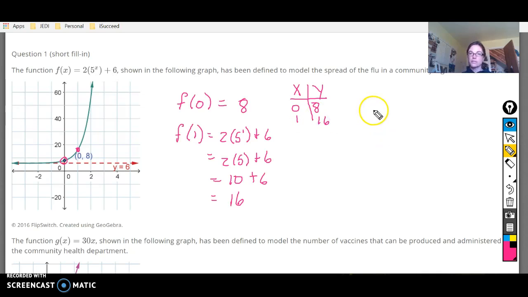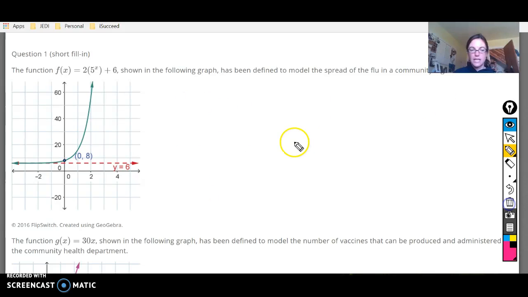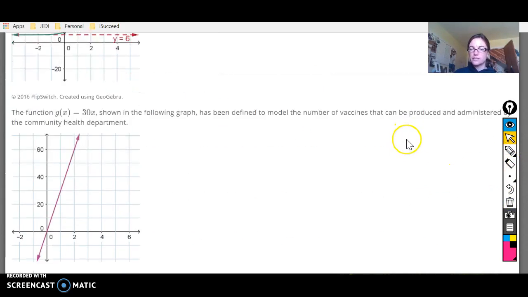And if you'll remember, the rate of change or slope formula is the change in y over the change in x. So change in y is 16 minus 8. Change in x is 1 minus 0. So this becomes 16 minus 8, which is 8, over 1, which is just 8. So the rate of change for the exponential function is 8,